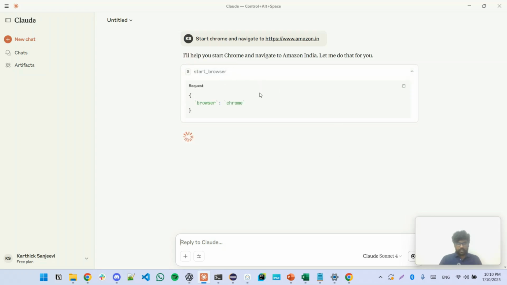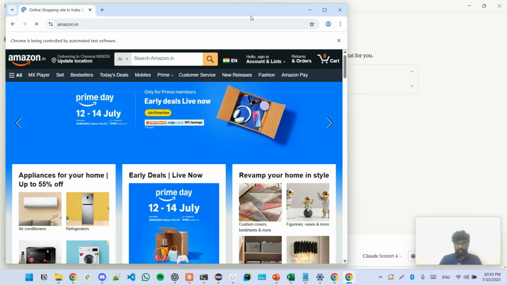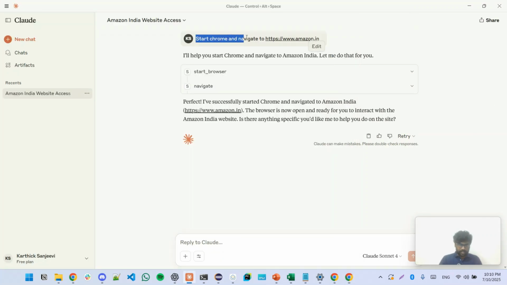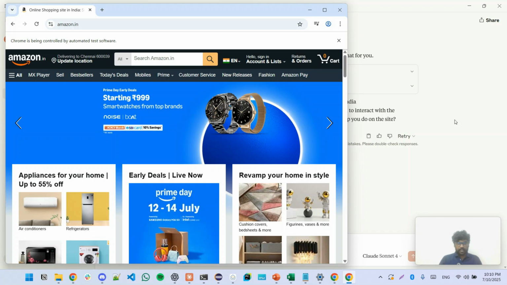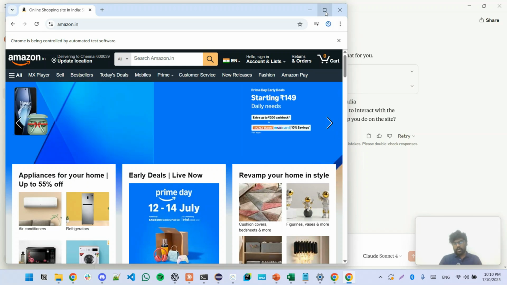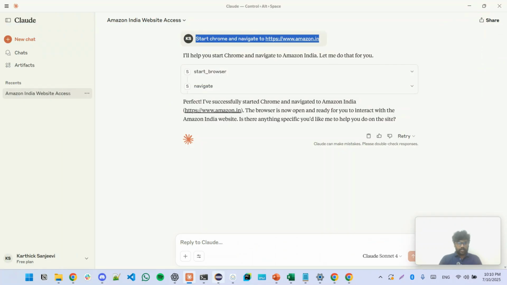See, start browser, the JSON commands Claude AI is triggering. You can see, without any Selenium IDE, Eclipse, or IntelliJ or anything, without any test automation framework, without any test script, I'm just giving a simple, plain English instruction and I can run the test step. But at the same time, there are some restrictions in Selenium MCP. Some tasks, some functions cannot be done for now in Selenium MCP, like maximizing the browser. I will put out a separate video on what can be done and what cannot be done. Okay. So yeah, the next step is